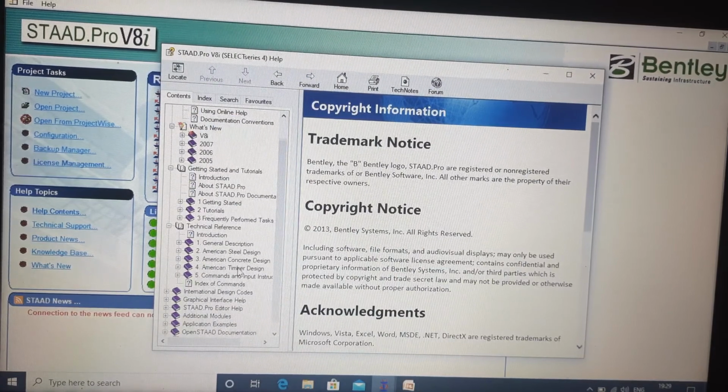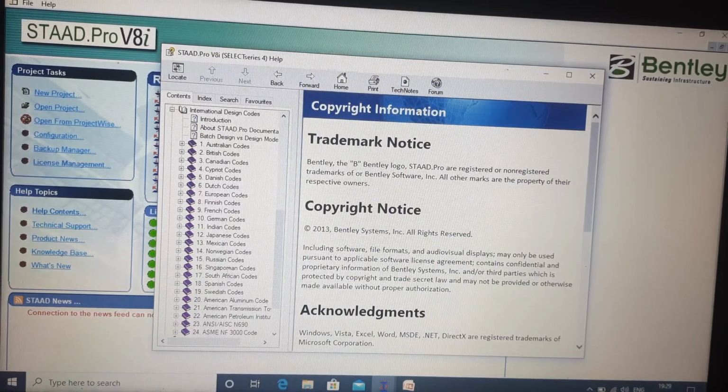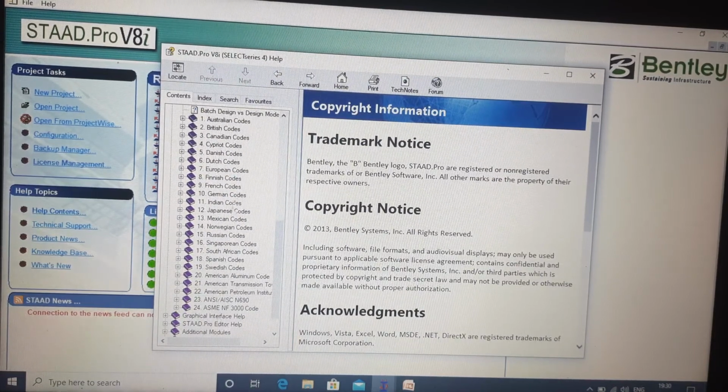Technical reference, this is your technical reference. Whatever nominal technical knowledge you need, you can also get it from here. About international design codes, all the things you want to know about international design codes, you can get from here. All the help is there.